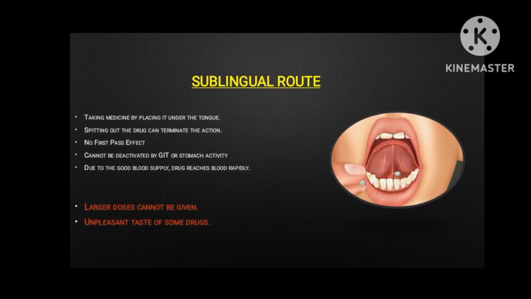The second route is sublingual route, which means that the medicine is taken by placing it under the tongue. You all may be familiar with the tablet used for acute or sudden chest pain called NGZ. This tablet is taken usually by placing it under the tongue. As there are a lot of blood vessels under the tongue, the drug enters the blood readily and shows its action. As the medicine does not go towards the liver, it is not broken down and